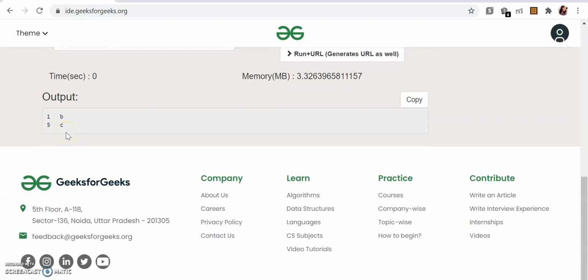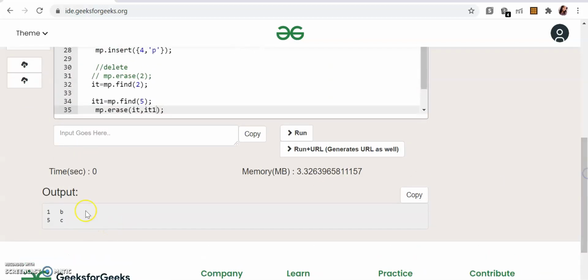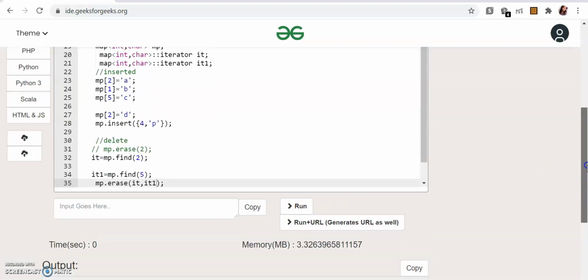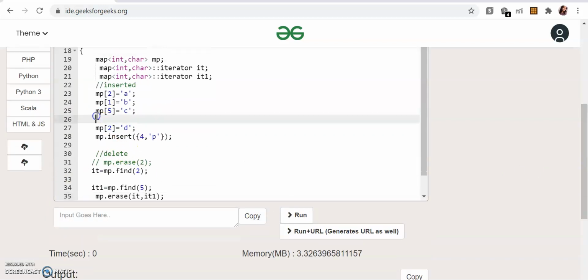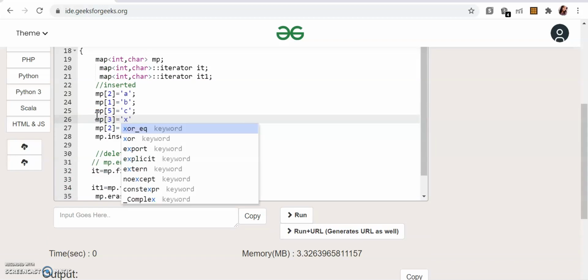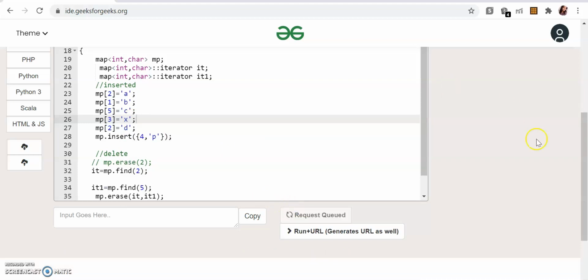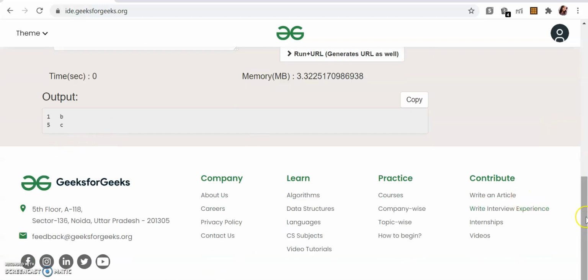So the last entry you give will take one before that. So it has deleted from the first, that is 2, till the last entry, not included. So it has deleted 1, and it has deleted the middle entries, which were 2 and 4. If you give some more entries, say m.3 equal to x, it will delete that as well, because if you remember, our map contains elements in sorted order. See, it has deleted that.